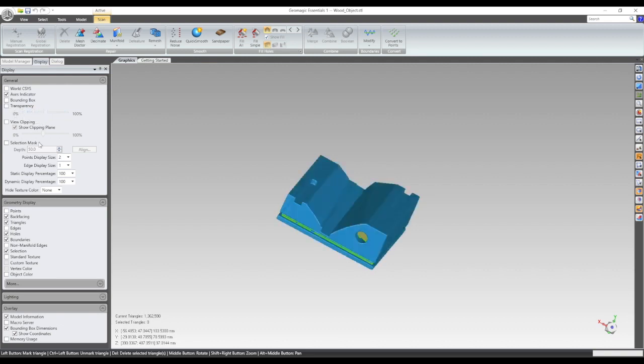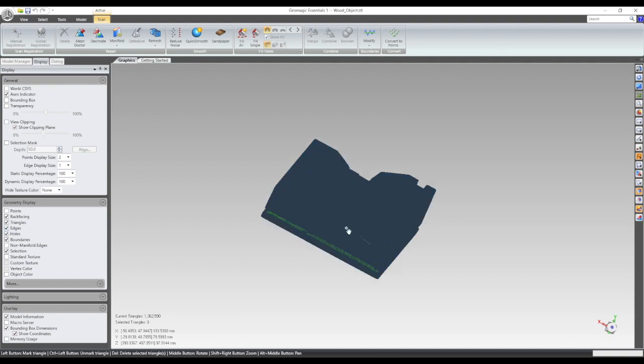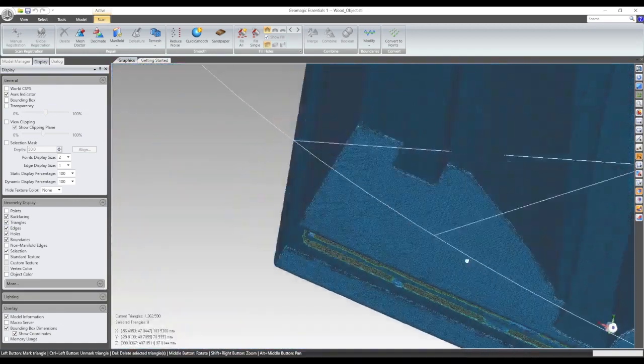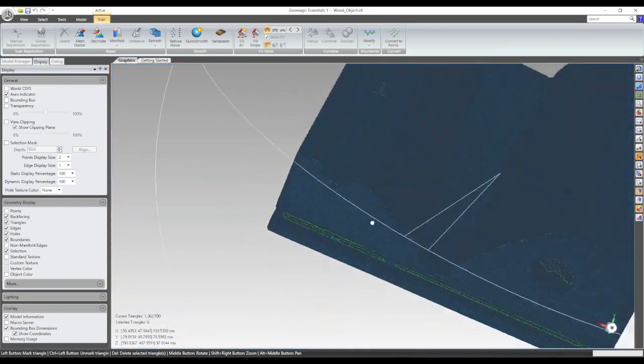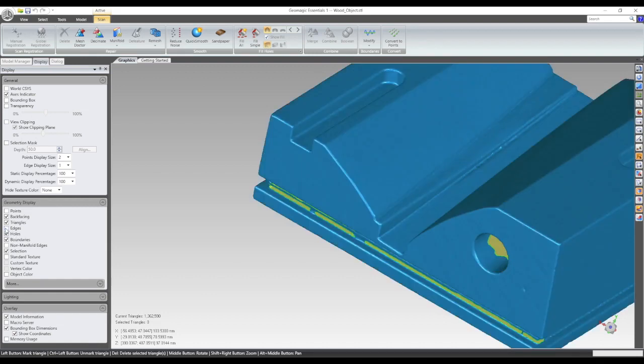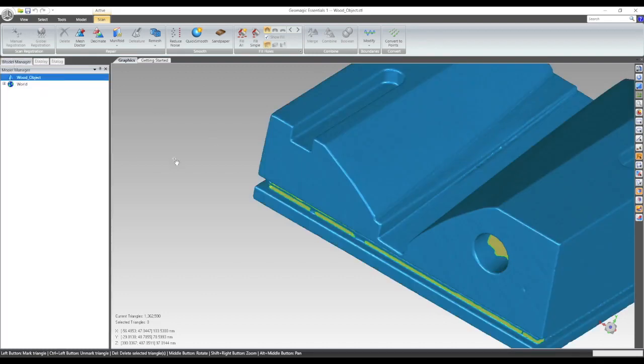If I want to see how good my triangles are over here, I can switch on the edges, and now I see there are a lot of triangles on my object, and if I really need so much or not, it's up to you. I switch off edges and use the first model